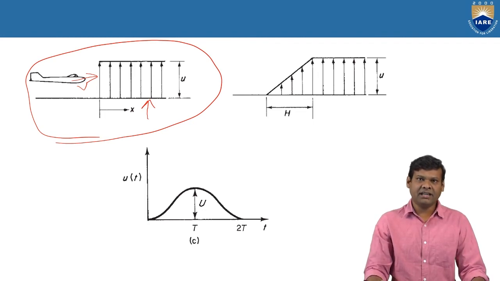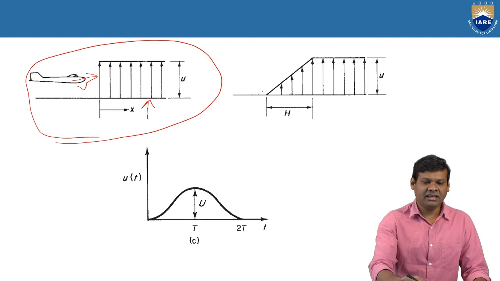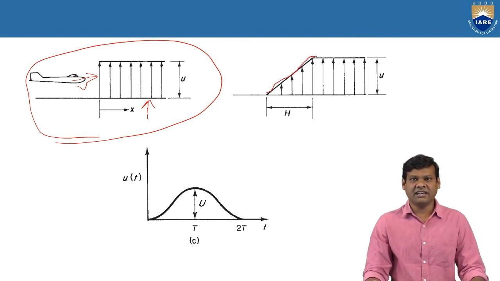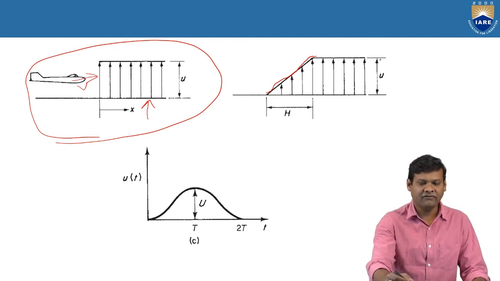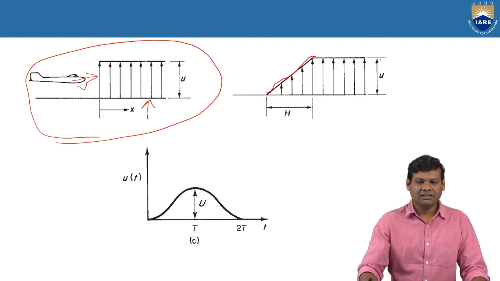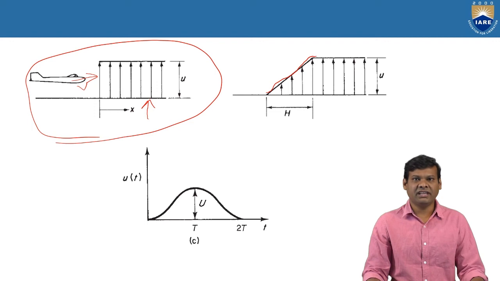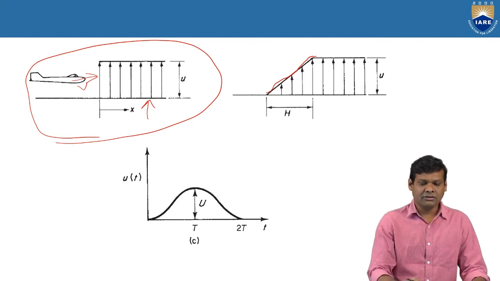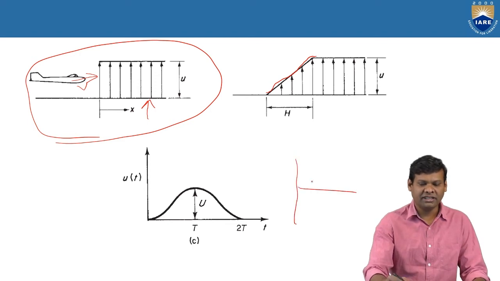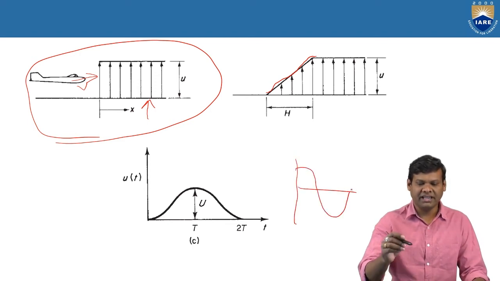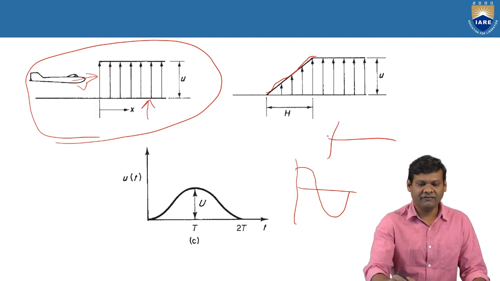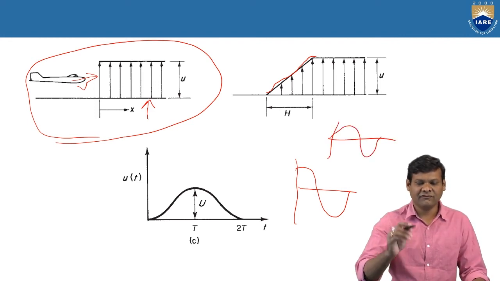And it is not the case for every case. There is a typical case where the velocity gradually changes. For simplifying our case, let us take it as linear, and finally it reaches a constant value. This is called a gradient gust. And another type of gust which we encounter is the 1 minus cosine curve. You might have known about the cosine graph. It appears like this. And the 1 minus cosine graph will appear as follows.